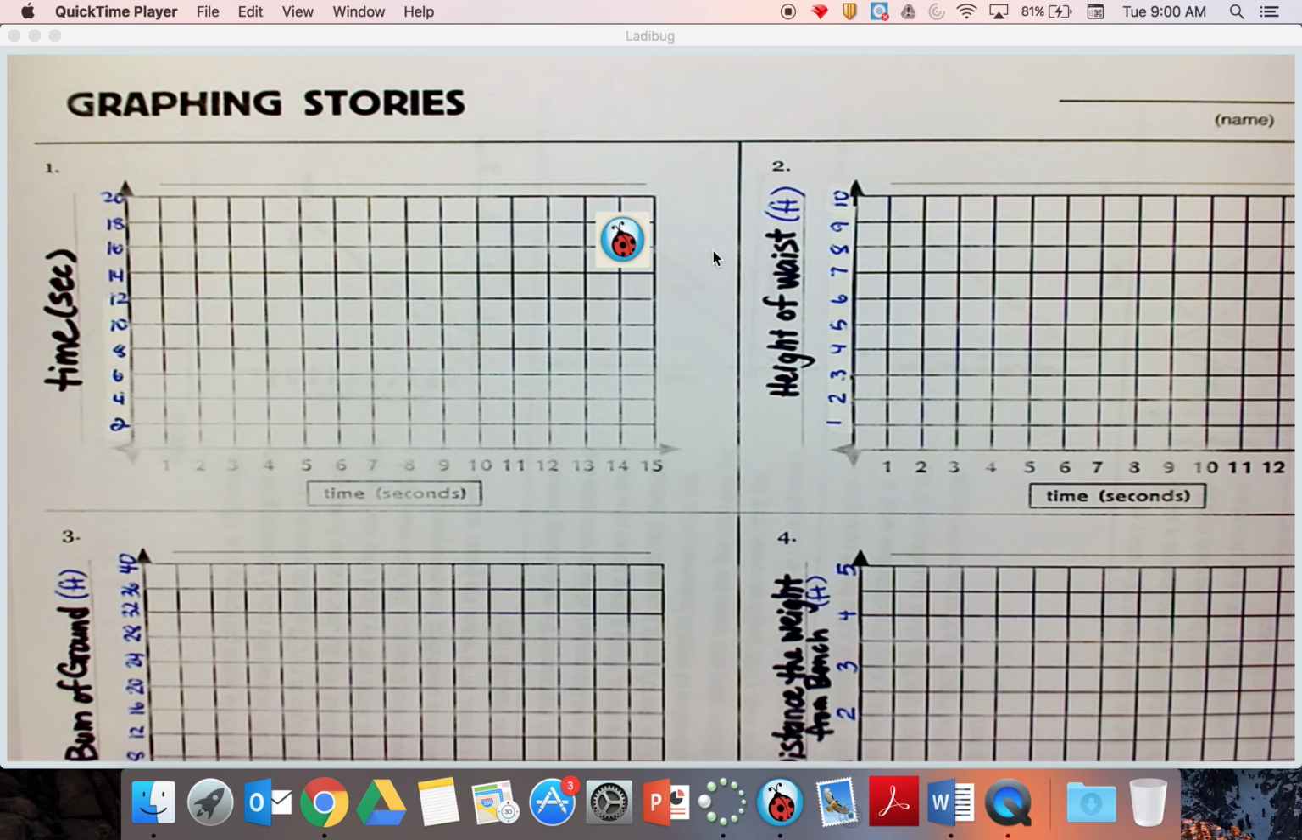Hey guys, now what we're going to talk about here is graphing of stories. And sometimes it's easier to graph a story and tell what happens than it is actually to write it in words. And that's what we're going to be doing here in this unit a little bit to begin with. What I'm going to show you here, since we just got done taking our test,